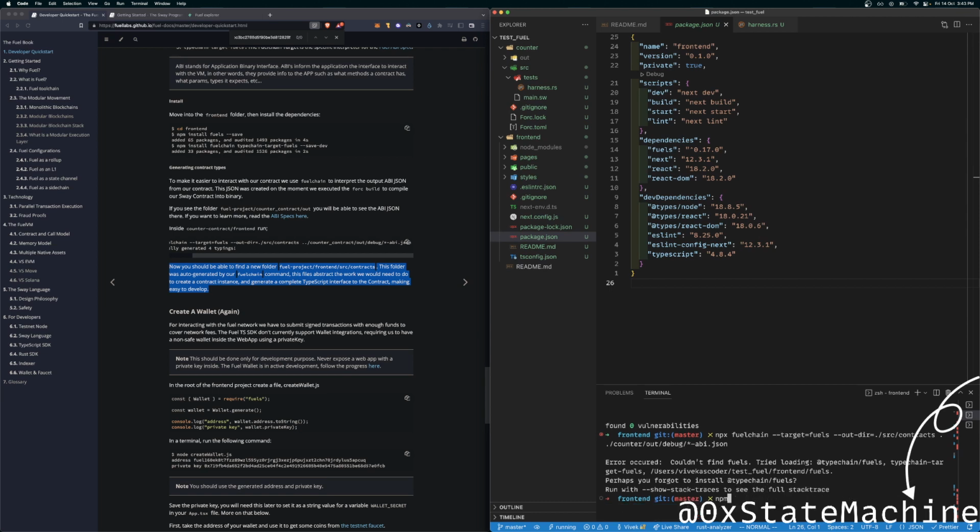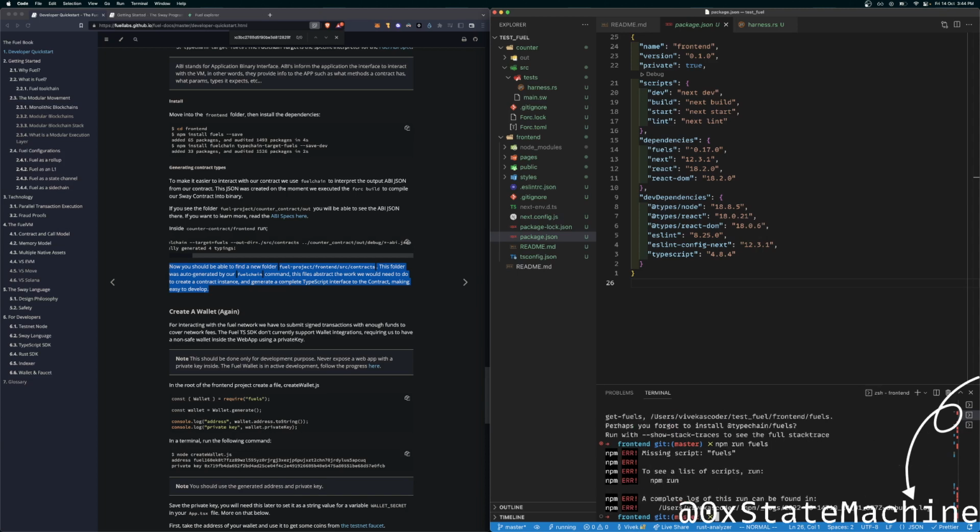Couldn't find fuels. Then what are we installing?